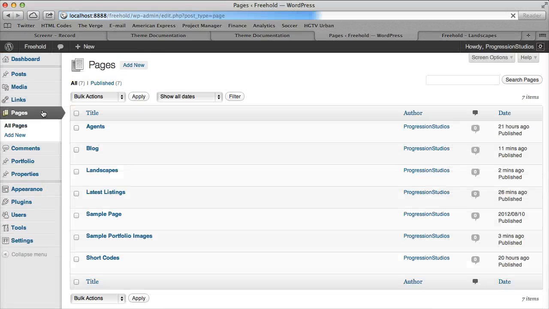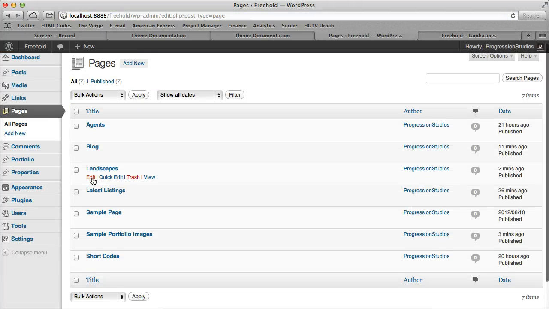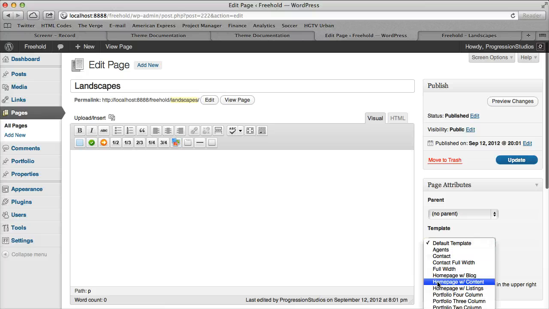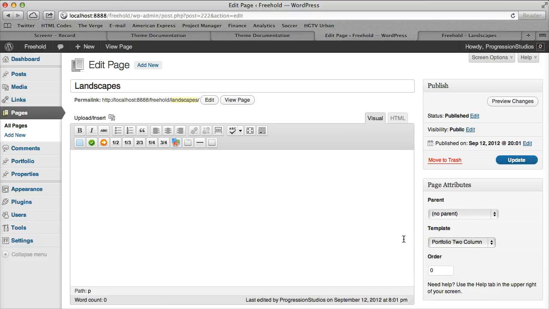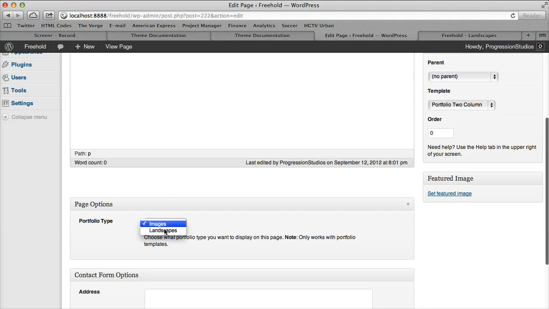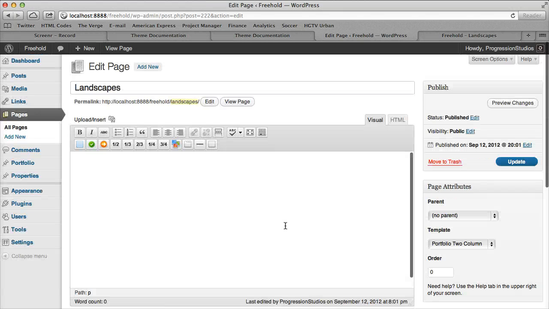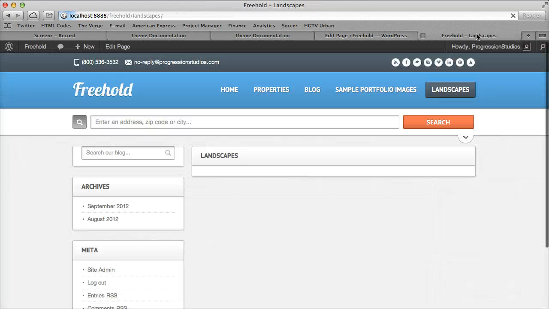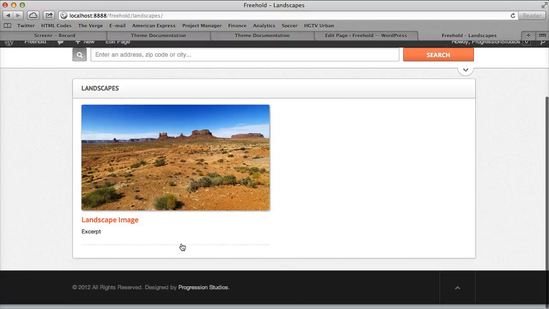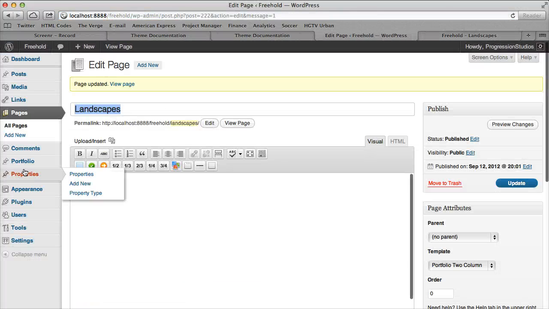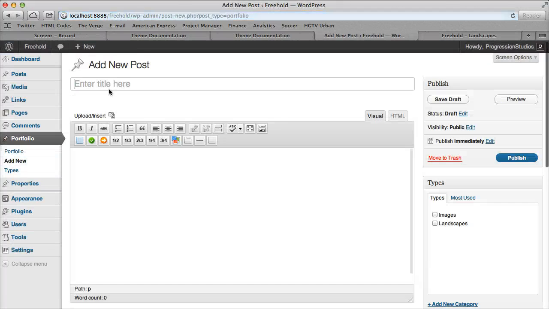So let's go on our pages, and we'll do the same thing for landscapes. And let's go ahead and just set the page template as a 2 column. And the type, obviously we'll do the landscape since we only have 2. So we have our 2 column in landscapes. So now in the future, if we add any more,